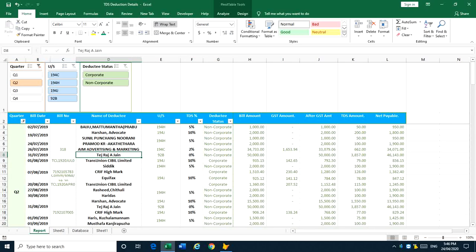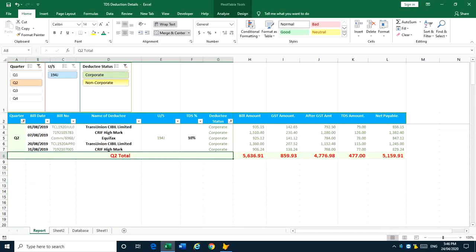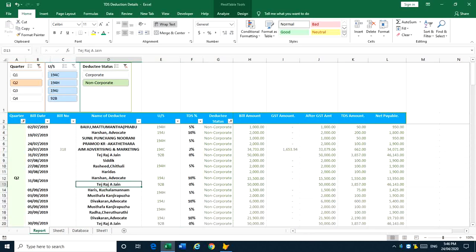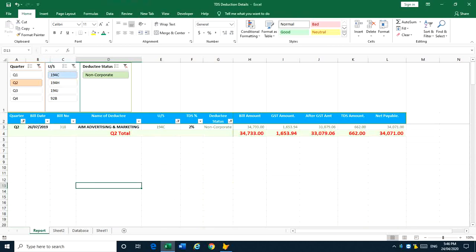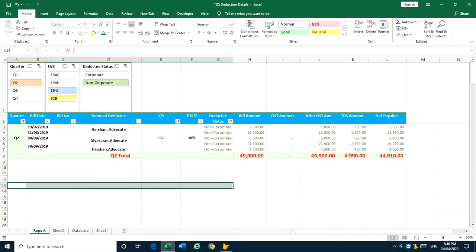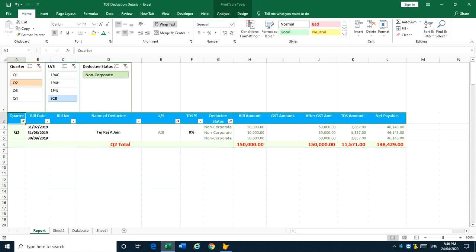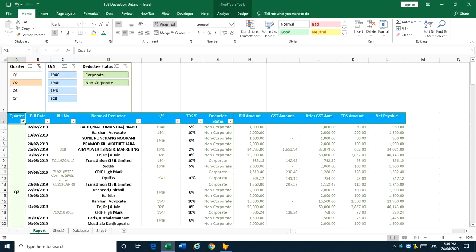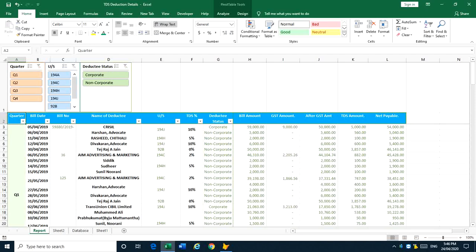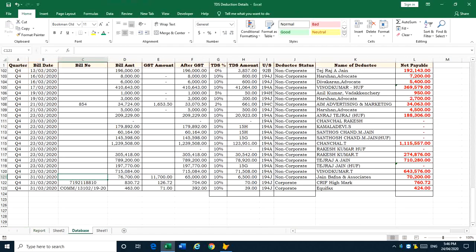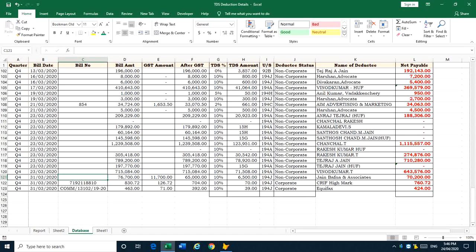Again corporate, non-corporate, 194C, 194H, 194J, 92B. So we can make it as a super software. And from this database you can generate any type of report.